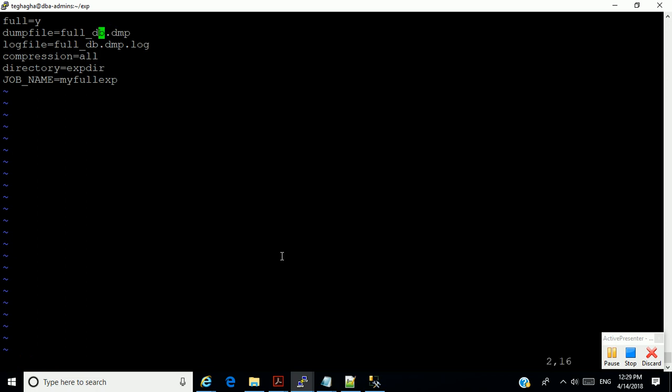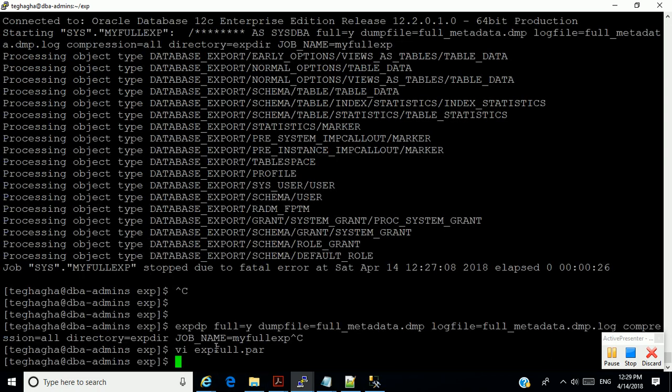All right. Now, just look at it. In this file, I define these parameters: full, dump file, log file, compression, directory. And the name of the parameter file is this. Now, what I can just do is run this command: expdp, and I write parfile is equal to,